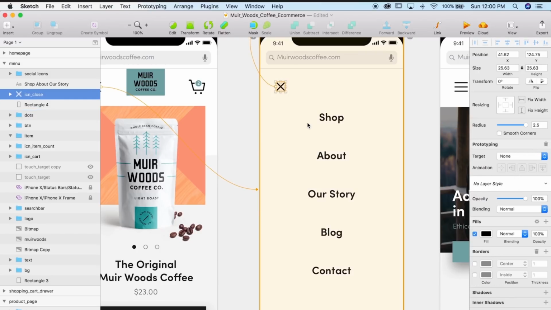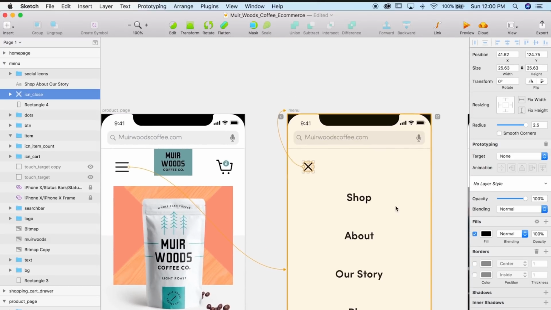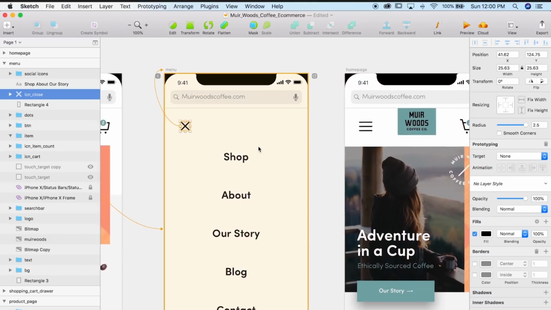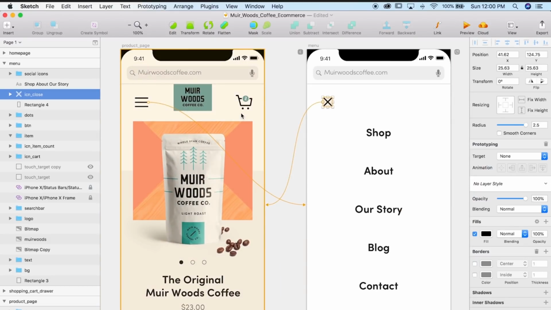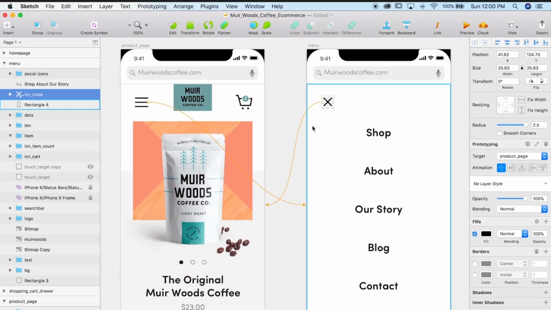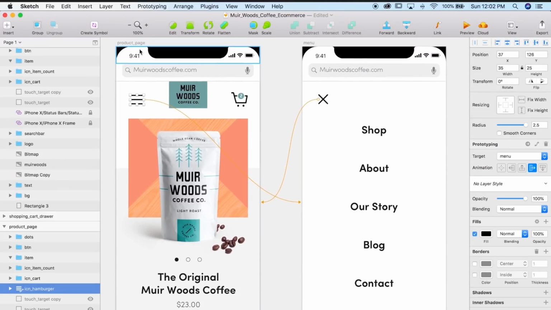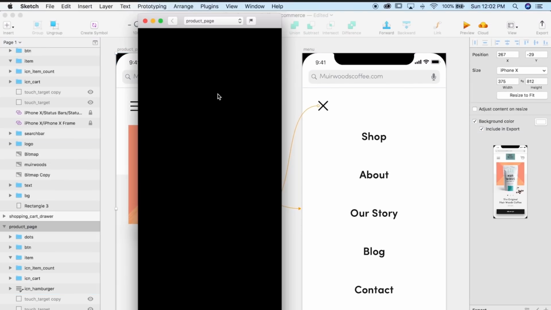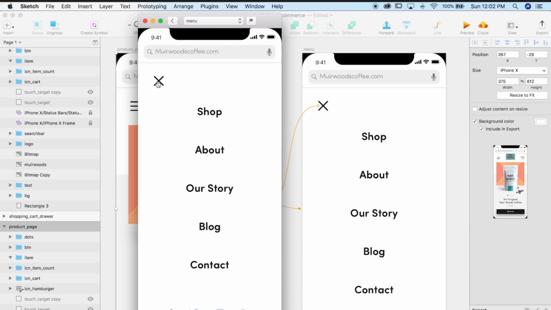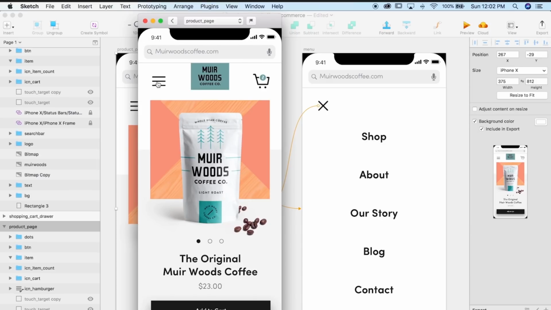Click this. And I believe you can actually just move around as well, so you don't have to go through this drop down. You can just click on where you want the interaction to go. So I can come over here, but we just want it to go back to this entire artboard page. There, so now it's set. If I preview again, click the hamburger menu, that works.